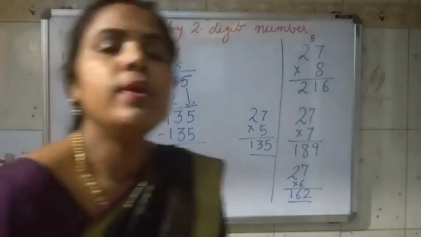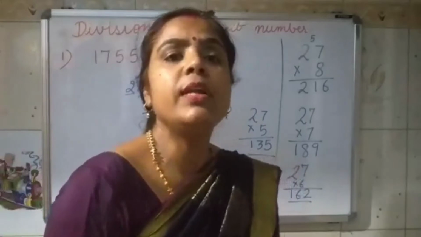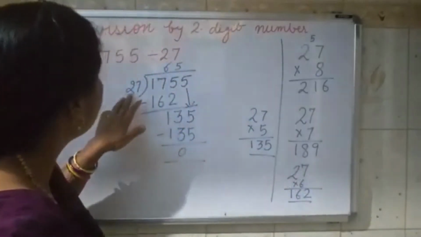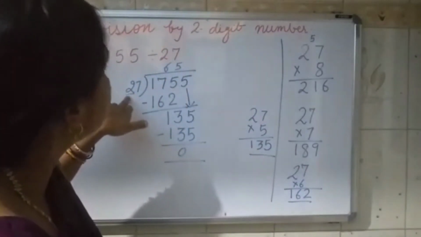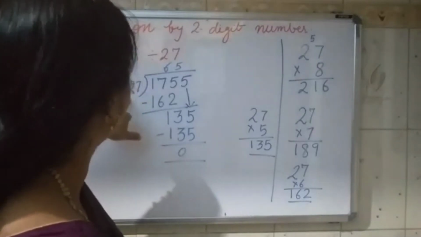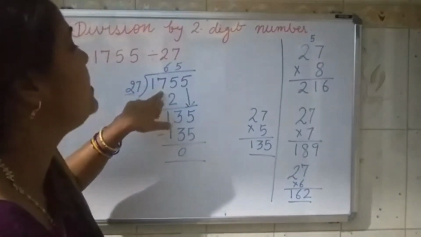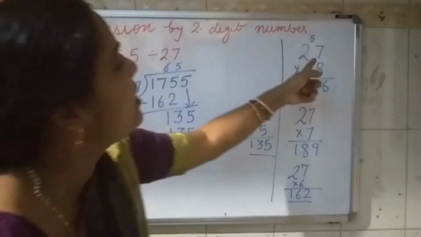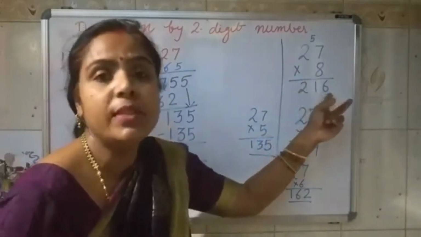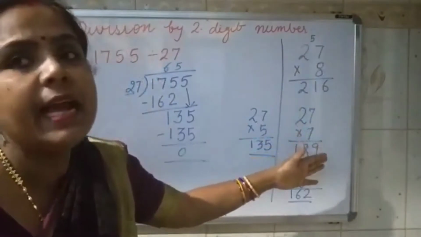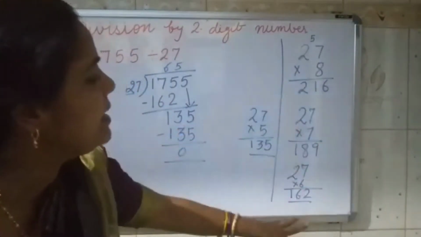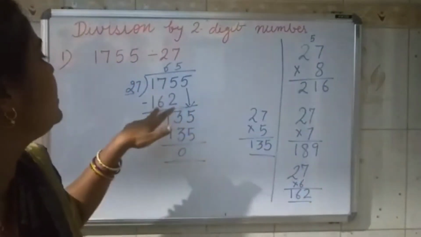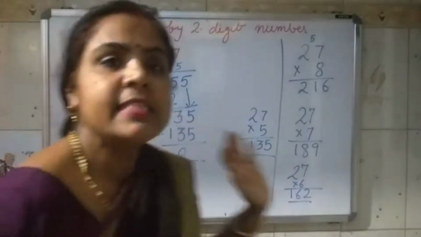Clear to you? So if you don't know the table, you don't have to worry. You just look at the first number, take the table of this 2 and read it as many times as these two numbers are divisible. 2 eights are 16. I tried 8 times, but it is coming more than this. So I will go one less than that. And similarly, I apply it until I get the number which is divisible by this. Is this clear to you?